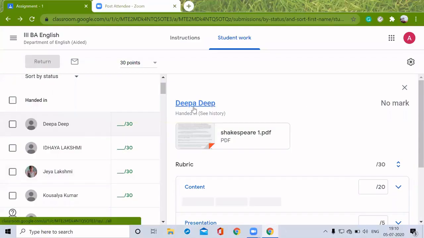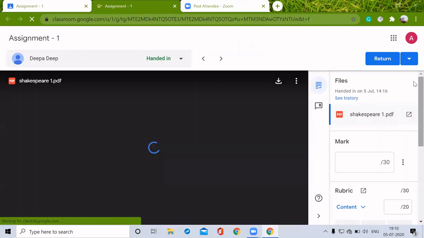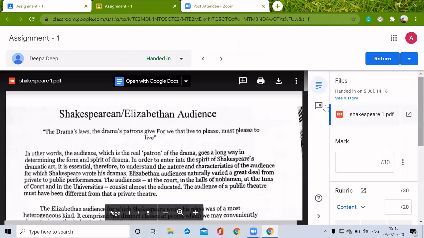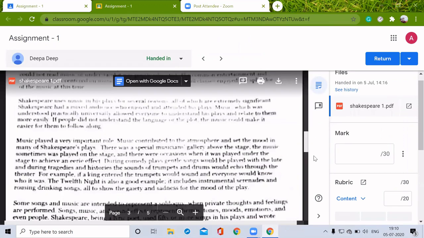So I'm going to give marks for Diba. I'm just selecting her work here. By clicking on the PDF icon, I just selected her work. Here, I'm seeing her presentation, the way she has submitted.